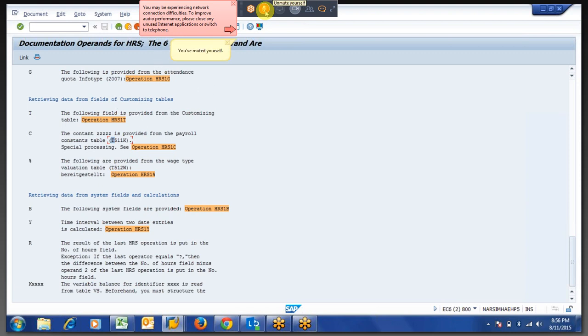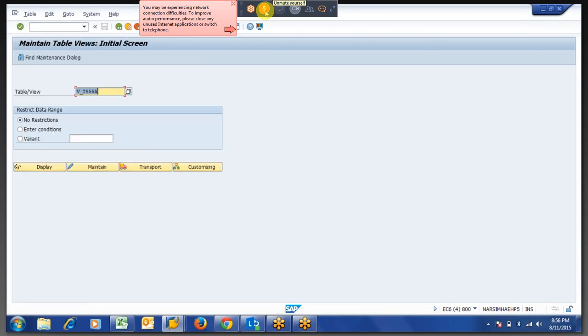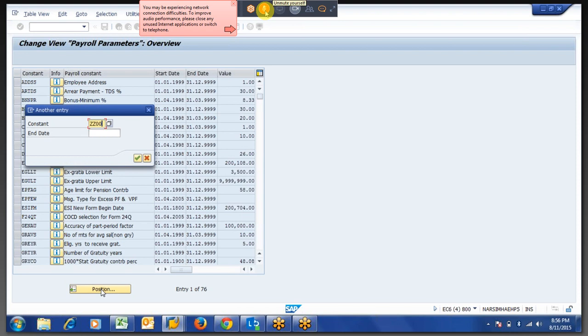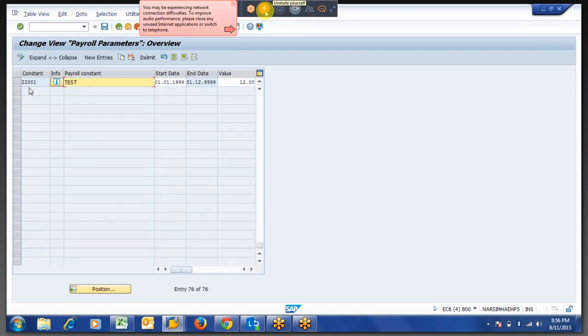Okay, I am coming back from this documentation. In this table, if you remember, we have created a new constant here, right, with 12.